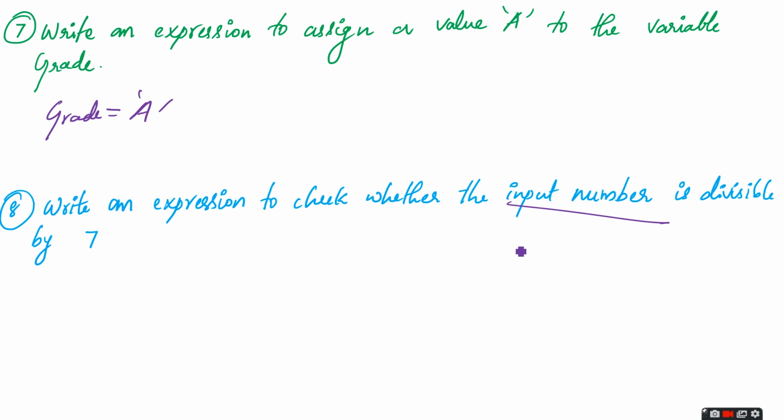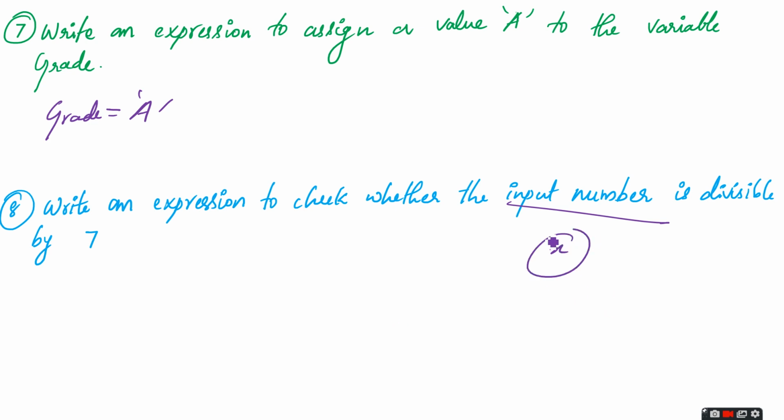In order to input a number, we can take a variable. We can take any variable. Here I am taking it as x. Now, in order to check the divisibility of a number, in maths we have learned when a number is divided by 7, the remainder should be 0, then it is divisible by 7. Or when a number is divided by 5 and the remainder is 0, it is divisible by 5 or it is a multiple of 5. Like that way we'll say.